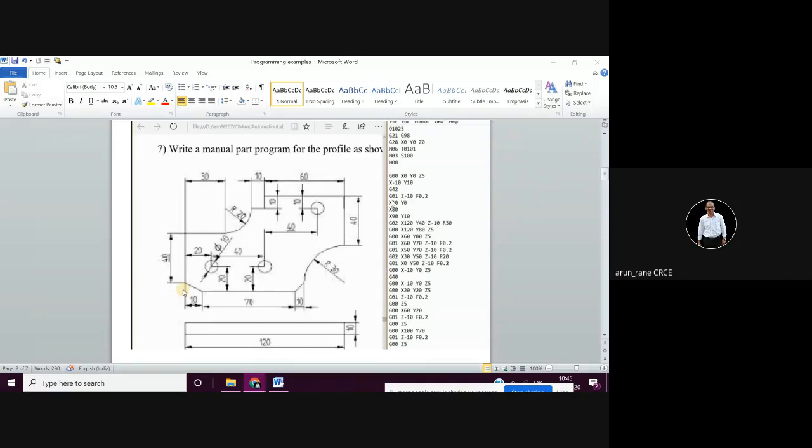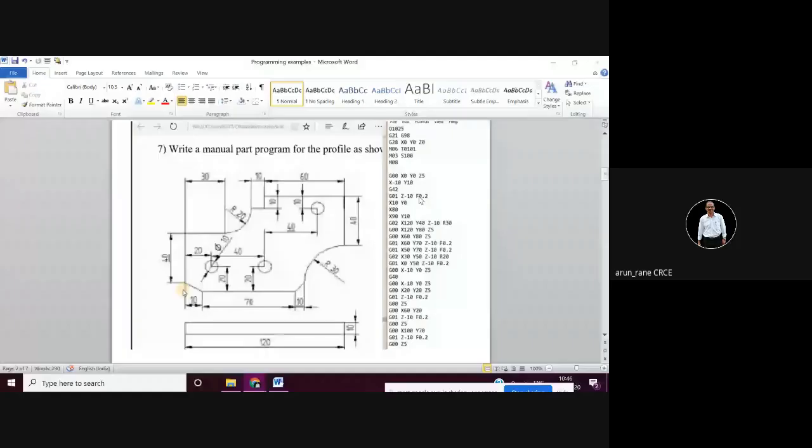And remember, whenever you are doing G01 and using 0.2 millimeter per revolution, you have to start the spindle, because G95 is millimeter per revolution. So the spindle must rotate. If the spindle doesn't rotate, then this millimeter per revolution will not happen, so it will give you the syntax error. So if you are using G95 and millimeter per revolution, see that you switch on the spindle, that is M03. Switch on the spindle before you give the feed. Before you use this G01 F0.2, you must start it, otherwise it will give the error.